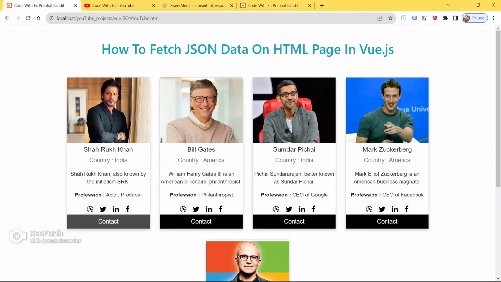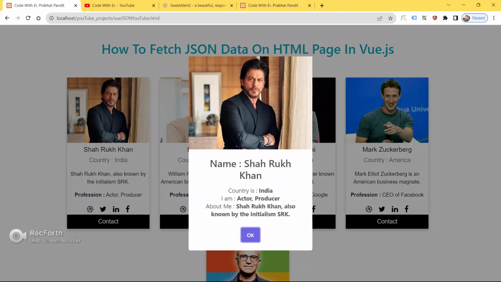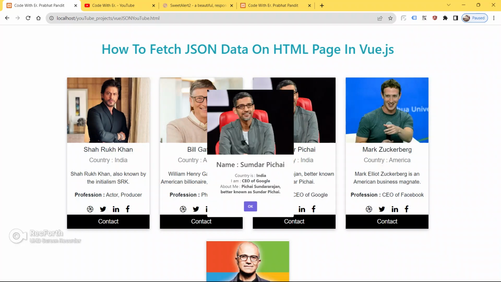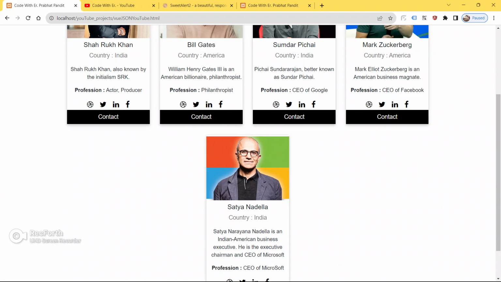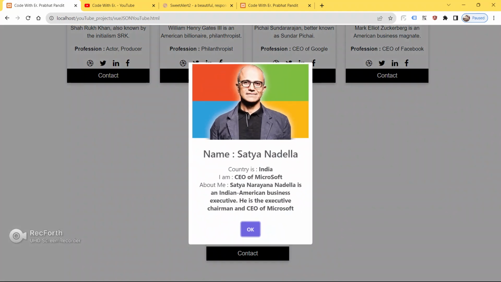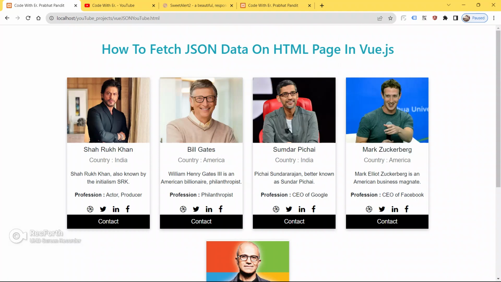As you can see here, whenever I click on the button contact, we will be able to see a pop-up, and inside that pop-up you will be able to see all the user details, all the user information. So let me just click the button contact.